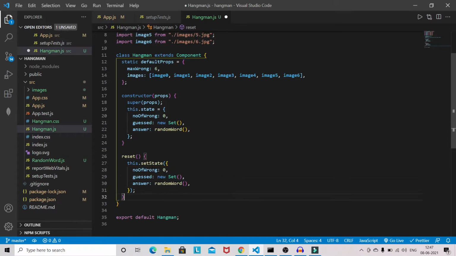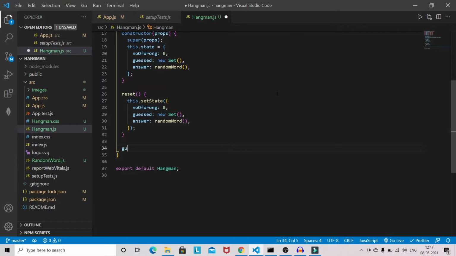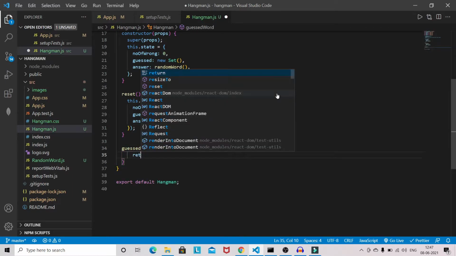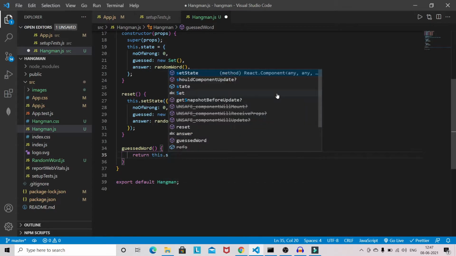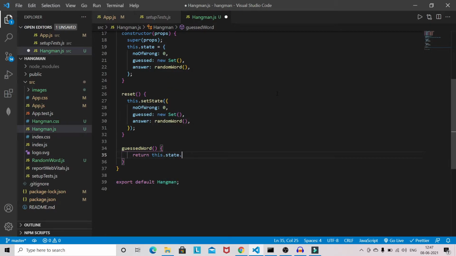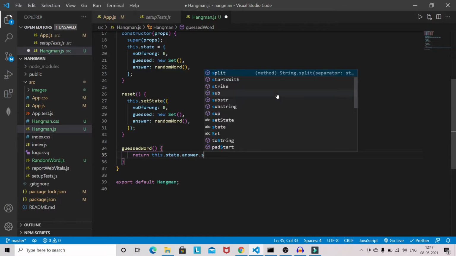Okay, now we will have another method which is going to guess the word. This will return this.state.answer, then split.